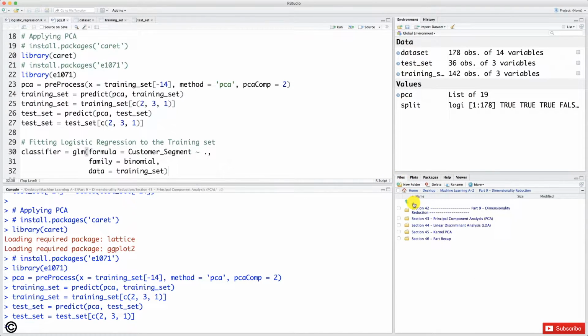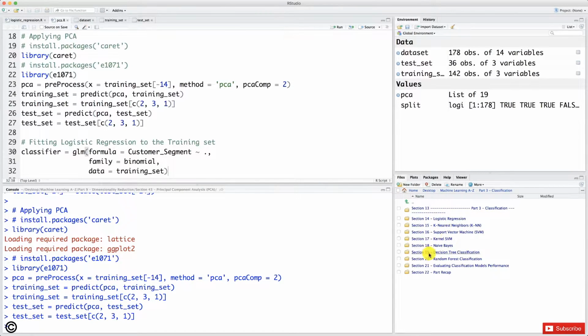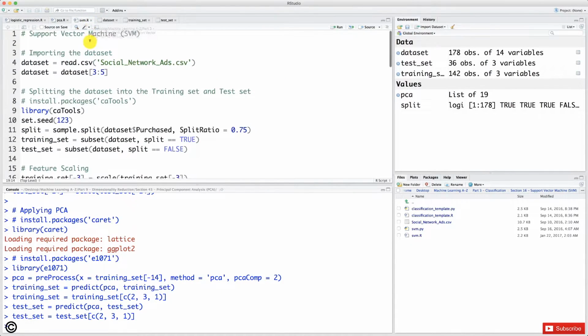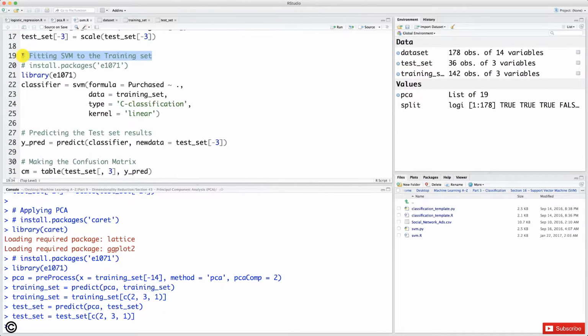If I go back to part 3, classification, this folder here, you have all the models we made in this part 3, and basically from this point you can build any model you want by just selecting your classification model. For example, let's take a support vector machine classification model. Then you can just open the SVMR file, and all you need to do is take everything after the data preprocessing phase, that is from where you start to build your SVM model,